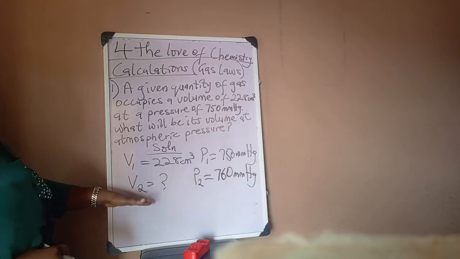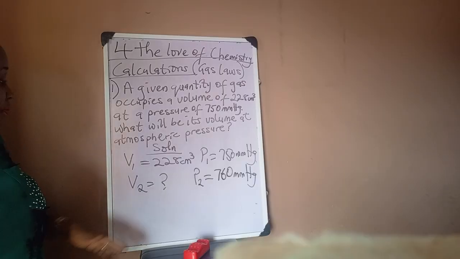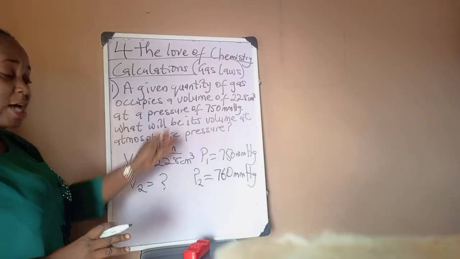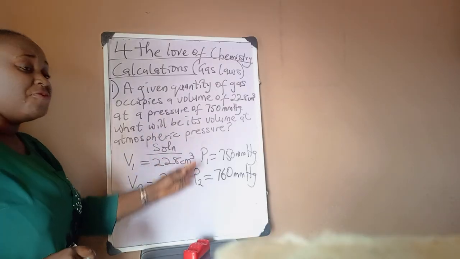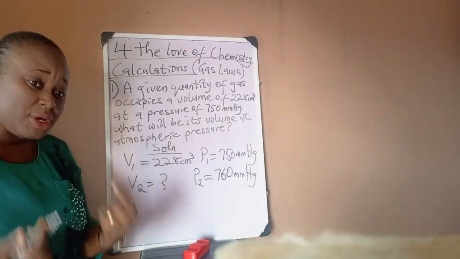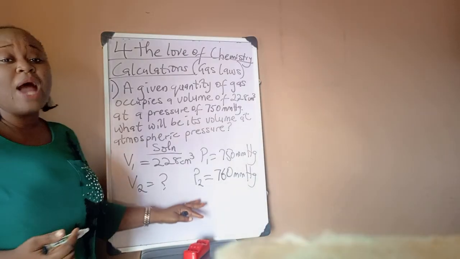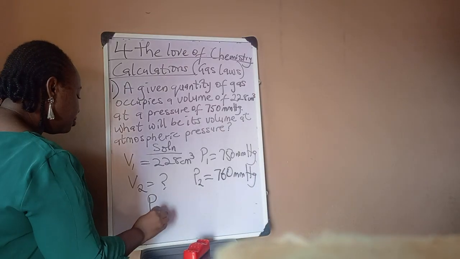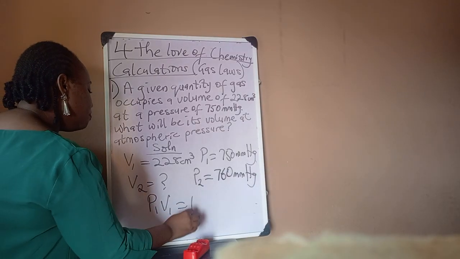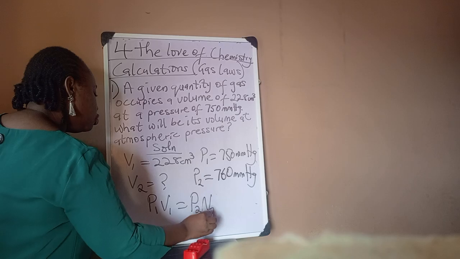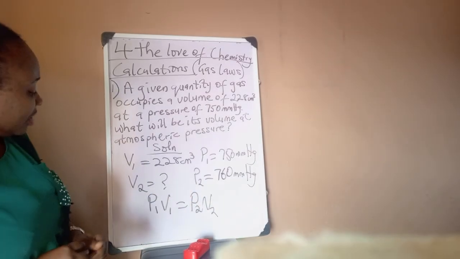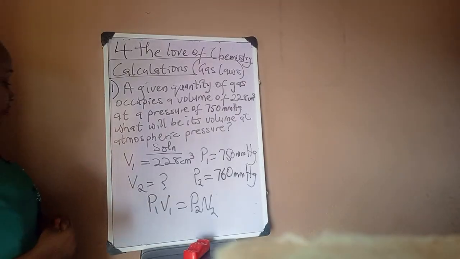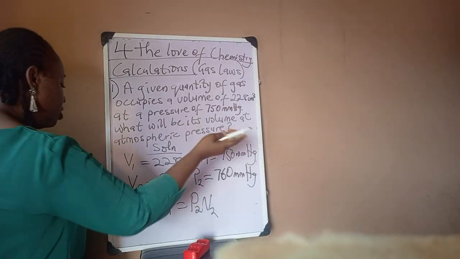So here we are asked to find V2. From the parameters, we know the particular law and we've stated the law. The next thing we are going to do is to write down the equation for that law, and it is P1 V1 equals P2 V2. Now the next step is to make what we are looking for the subject of the formula. So when we make V2 the subject of the formula,